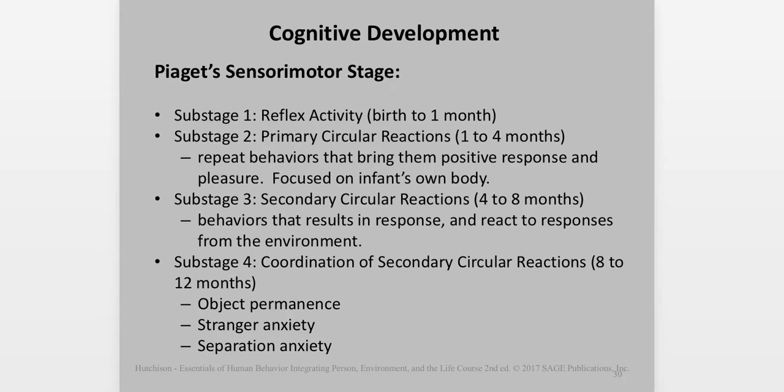So in cognitive development, here we have Piaget's sensorimotor stage developed into 4 substages, and you can see again just the gradual development of the infant's cognitive abilities in that first stage, which really is all about feeling and movement and senses and things like that. By stage 4, the infant is beginning to get a sense of object permanence and can begin to experience both stranger anxiety and separation anxiety when removed from persons who they depend upon.